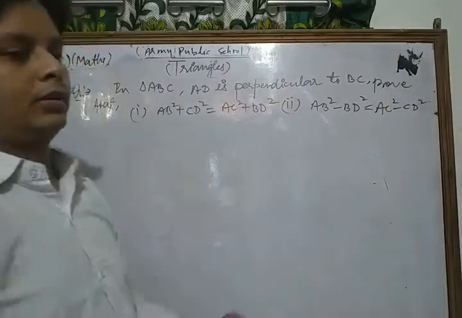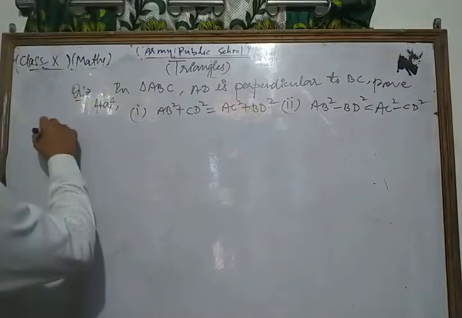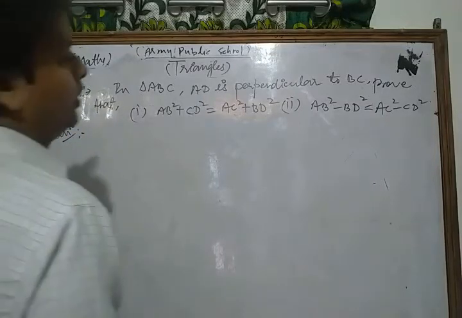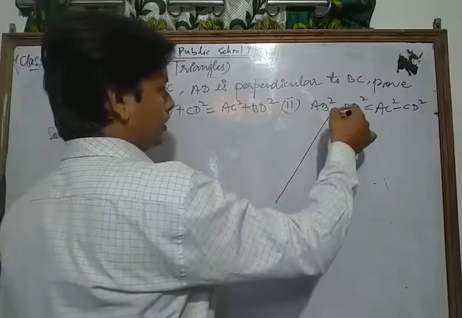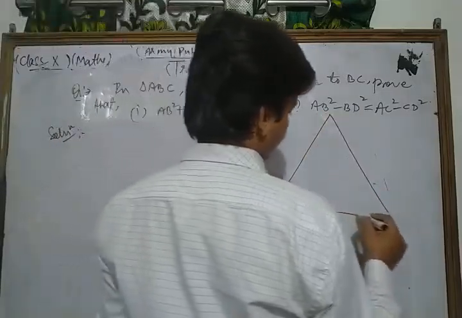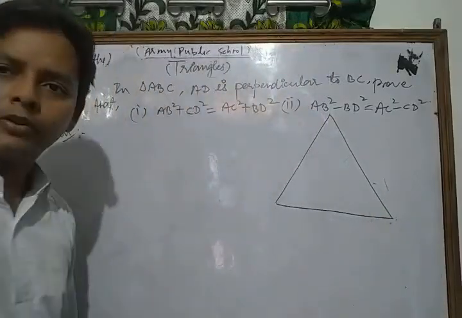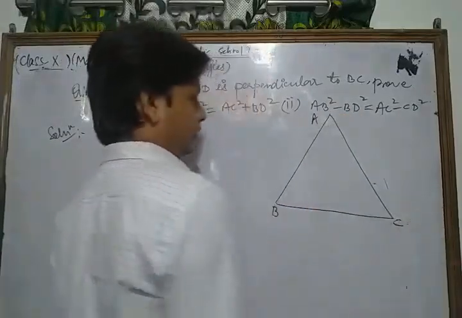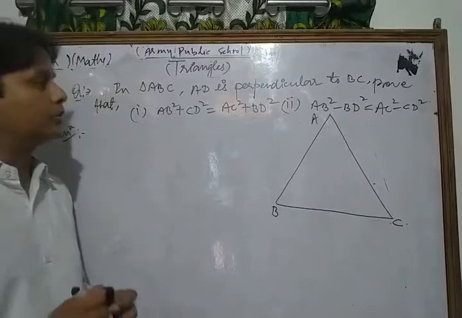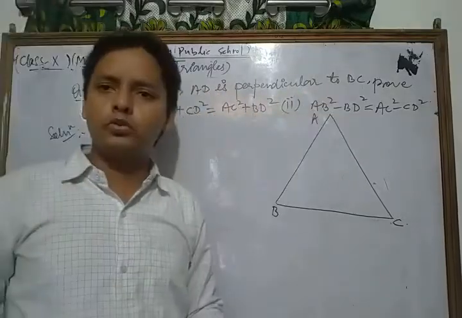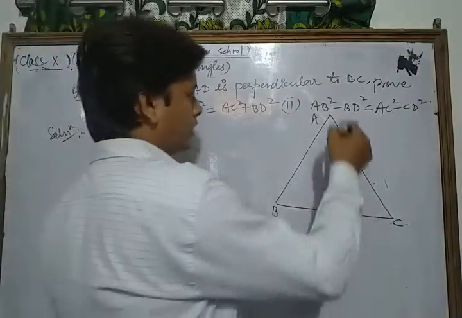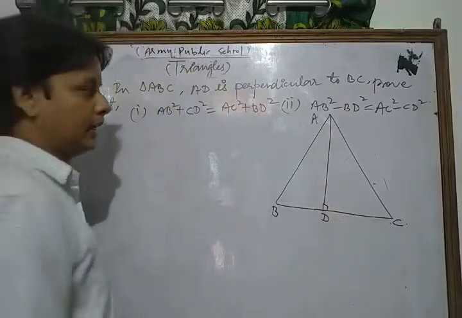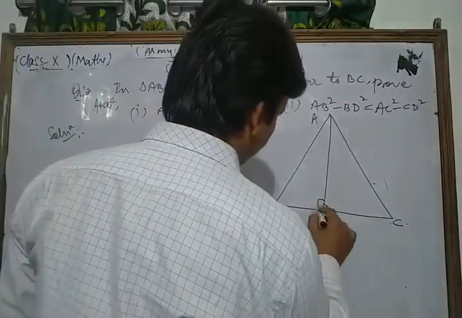This is a very important question. Now let's see its solution. First of all, we draw a triangle ABC, in which, according to the question, AD is perpendicular to BC. So we draw AD perpendicular to BC, meaning angle ADB and angle ADC are equal to